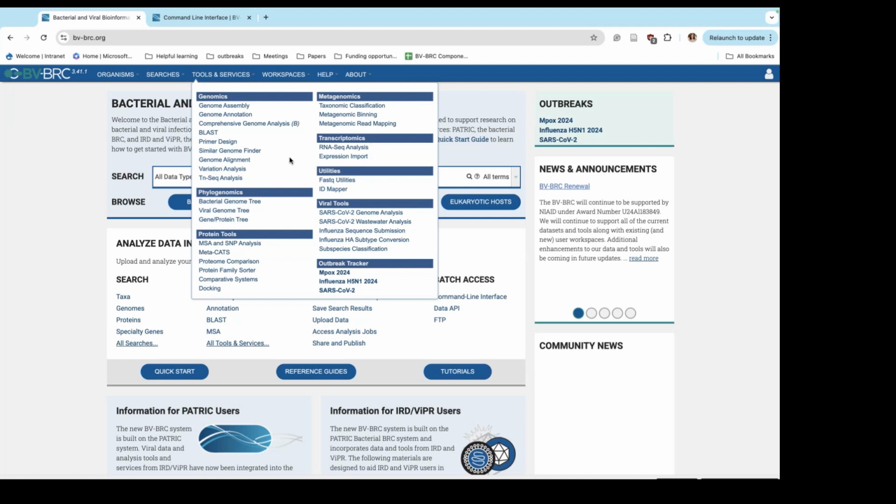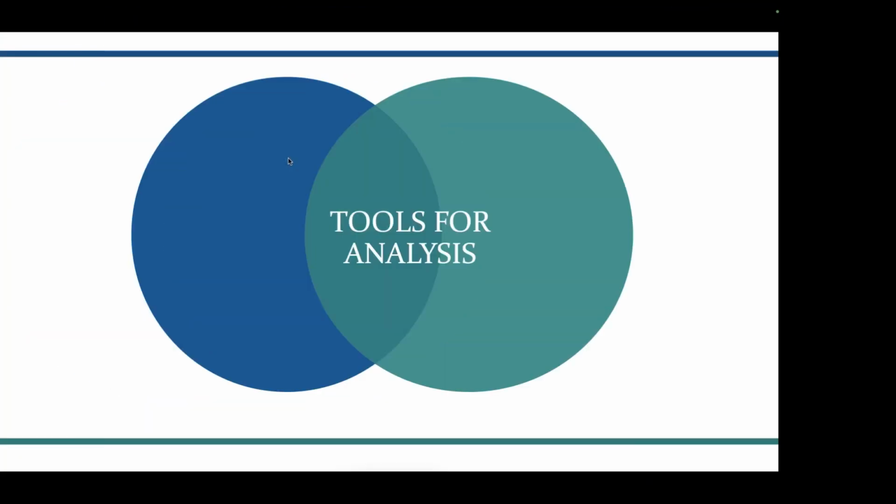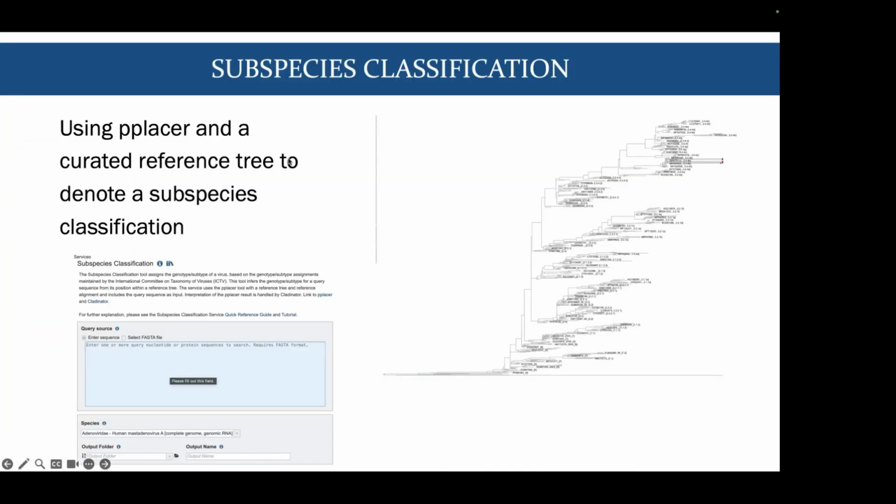I'm just going to highlight a few to better understand the capabilities of those services and how a general BV-BRC tool and service works. So to start, I just mentioned that we had added the subspecies classification capabilities for monkeypox virus, and we also have that for influenza. And the subspecies classification tool uses pplacer and a curated reference tree to denote a subspecies